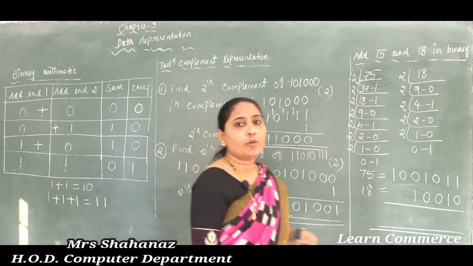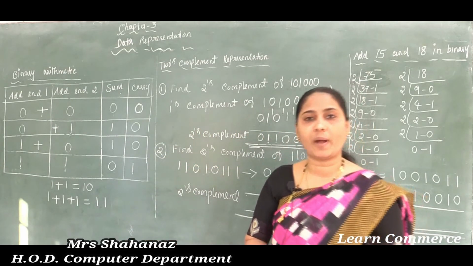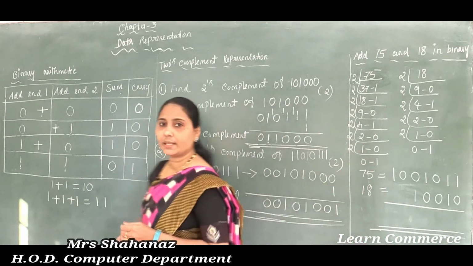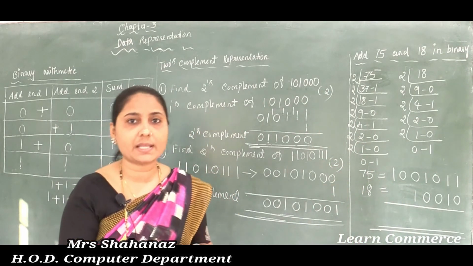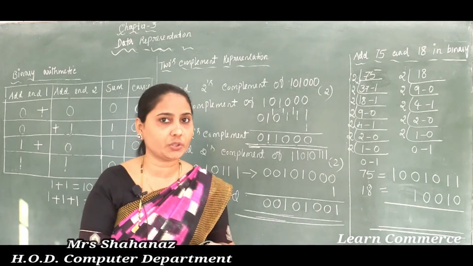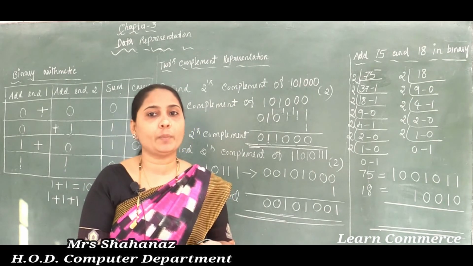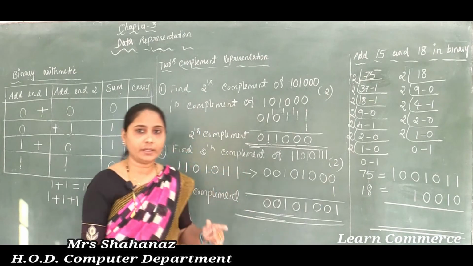Okay, how to find the 2's complement of a binary number? Very simply we can say that for the 1's complement, whatever number is 1, that number needs to change to 0, and 0 needs to change to 1 in this case, and later